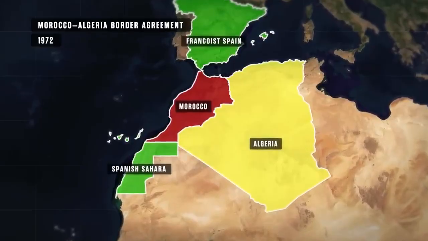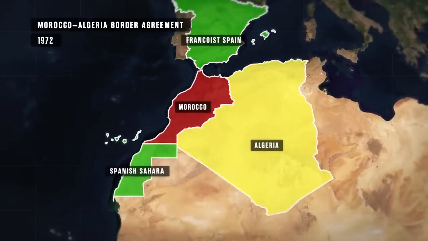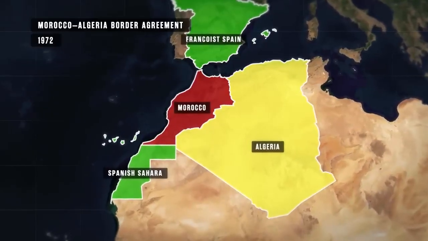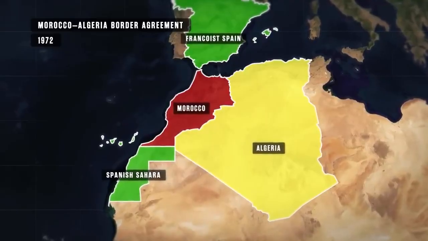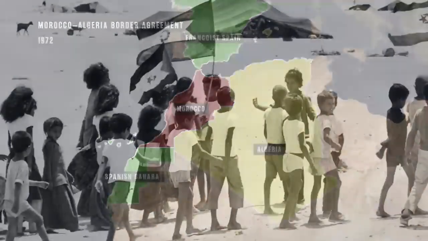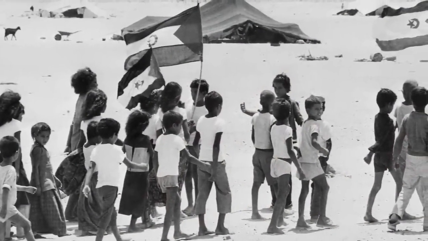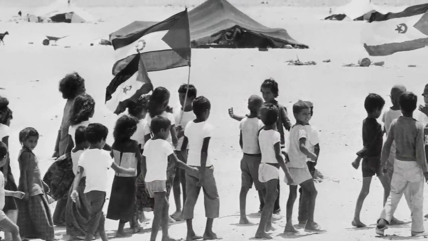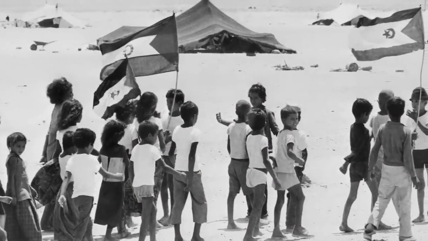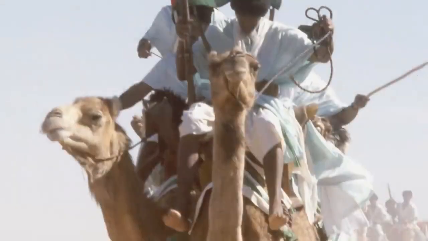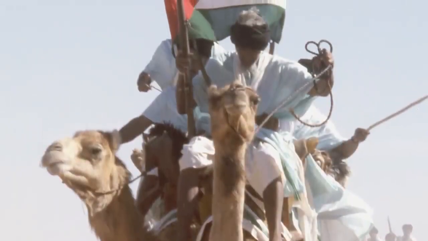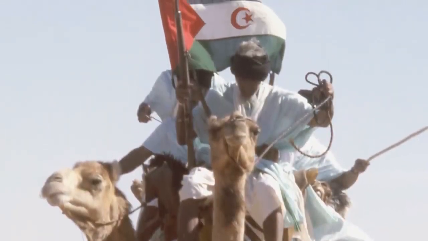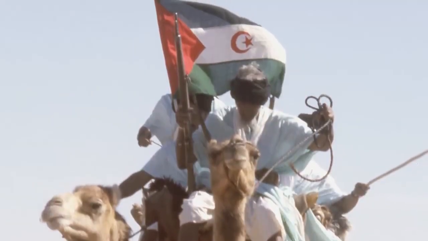Spanish Sahara was still a colony directly ruled by Spain at this point, but international pressure was mounting on the Francoist regime in Madrid to also finally give it up. The following year, in 1973, the Polisario Front was founded in Spanish Sahara amongst the territory's indigenous Sahrawi community, with the goal of waging an armed insurgency against the Spanish colonizers until they agreed to leave and to grant them